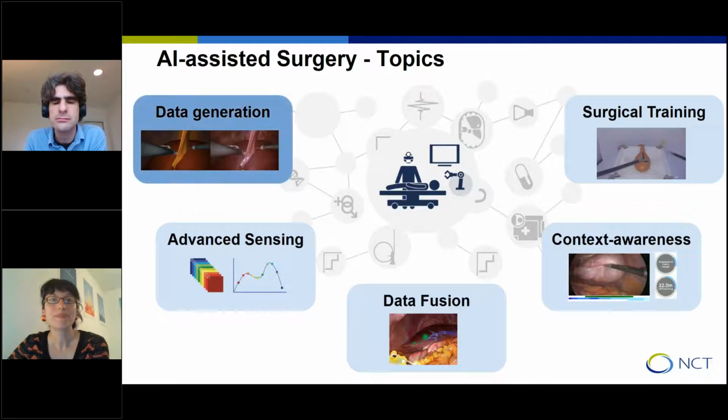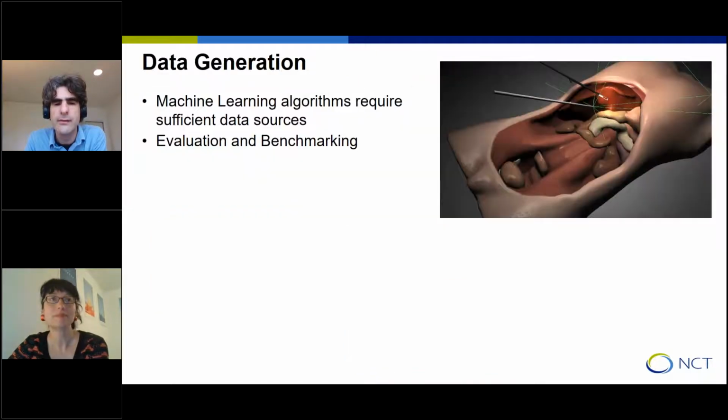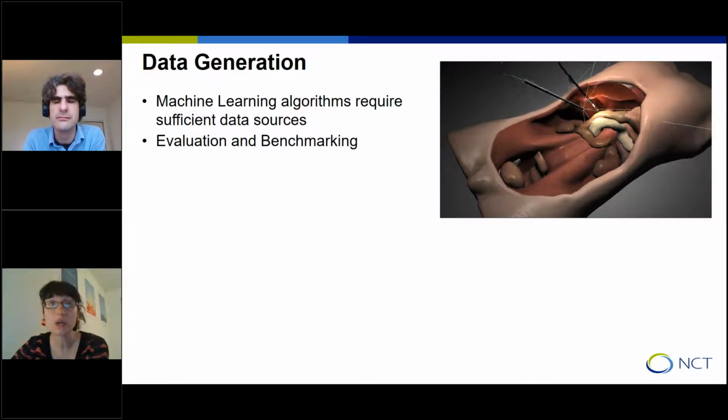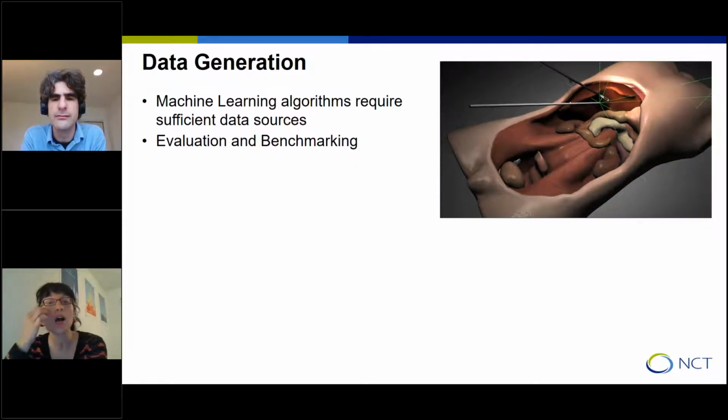So I will start now with data generation, and an important challenge for evaluation and benchmarking all of these AI algorithms is the lack of large training data sets. So generating realistic looking computer simulations where we exactly know the ground truth, instead of having an expert manually label the data, would be really important. But up to now, models which are generated from